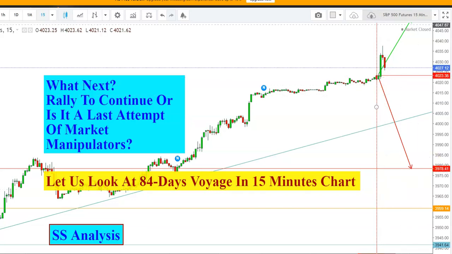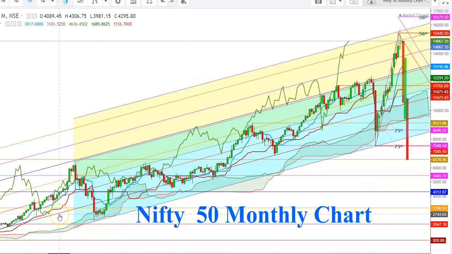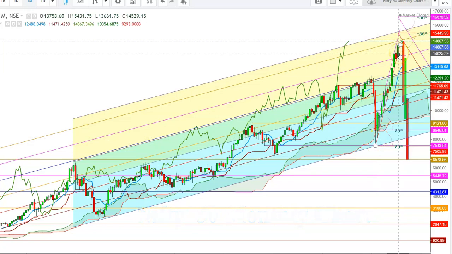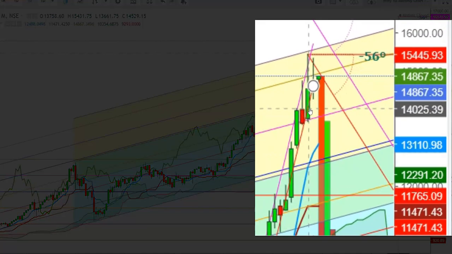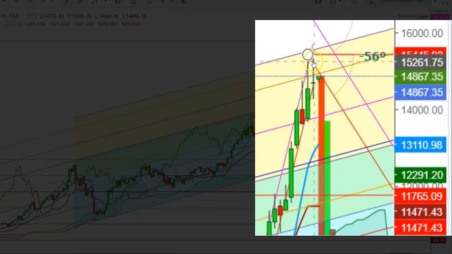So friends, now let's have a look at the movements of Nifty 50 and Bank Nifty. Here I would like to start the analysis of Nifty in a monthly time frame. Here you can see that the Nifty has already tested a lifetime high during the month of February when it tested the levels of 15,445, and once again the Nifty tested a high during the month of March at the levels of 15,261 and a low at the levels of